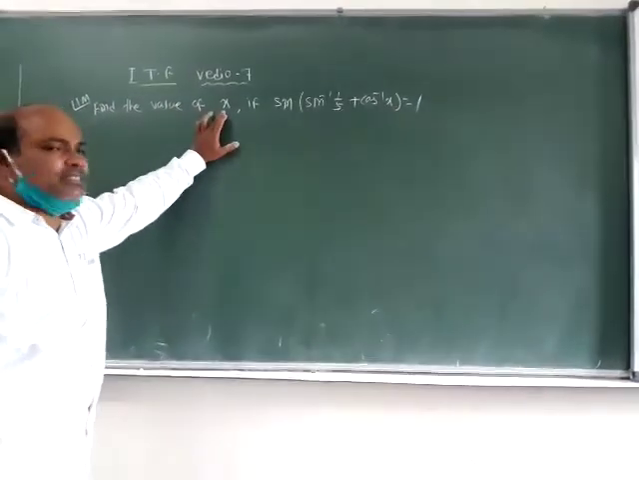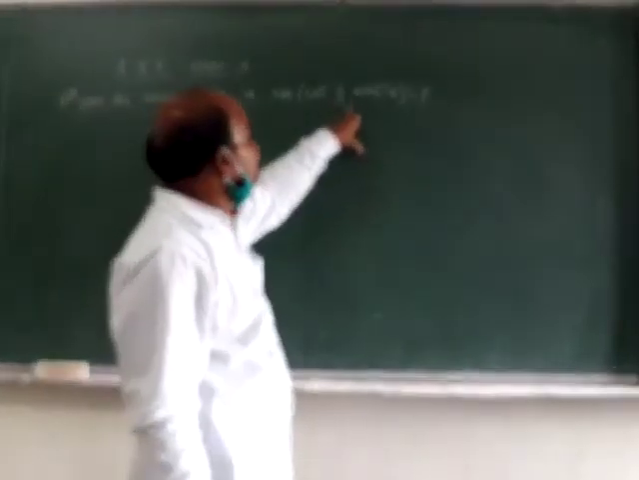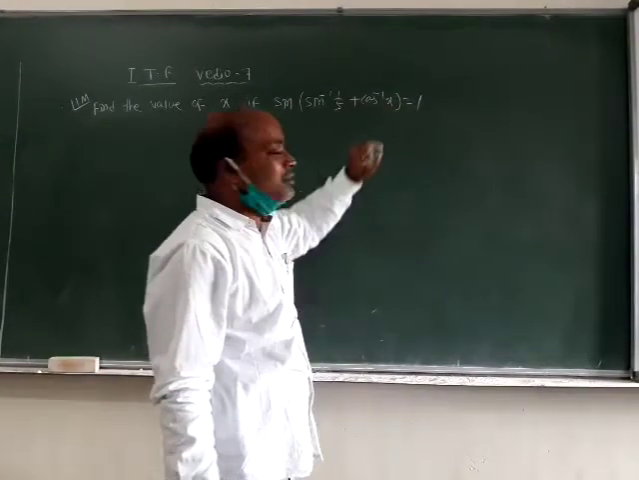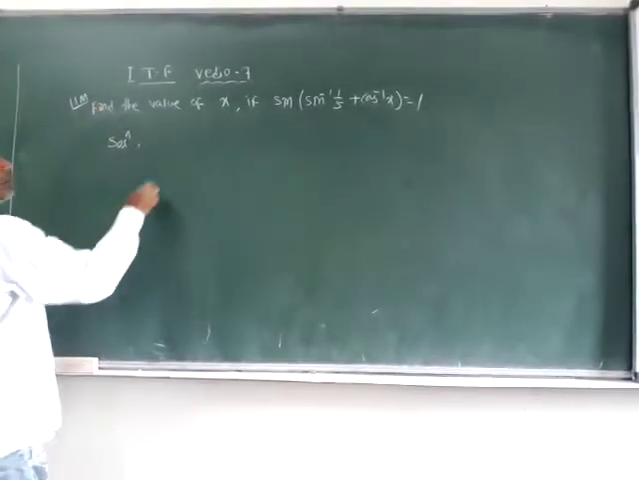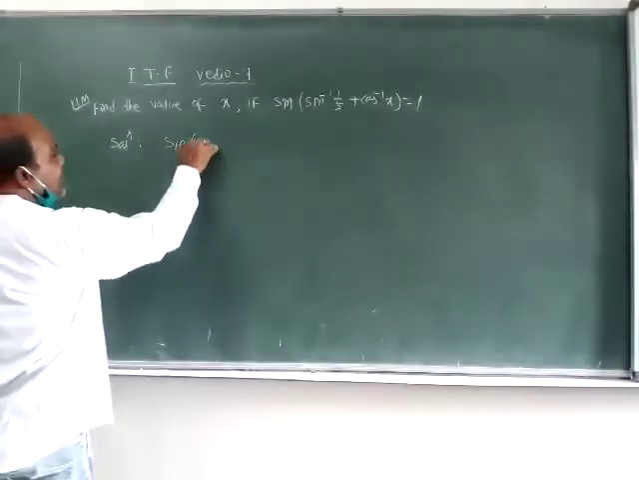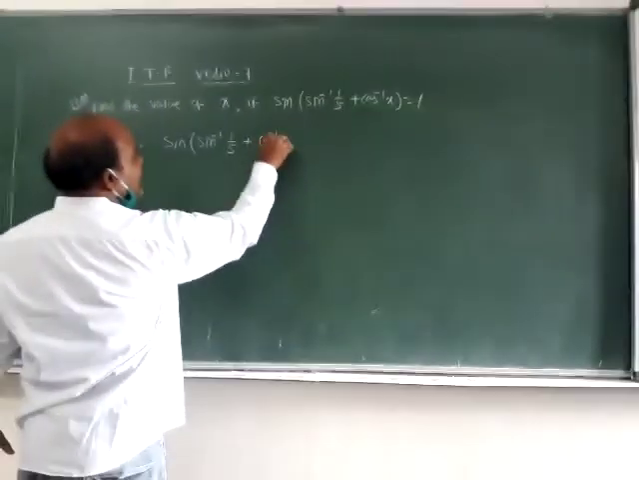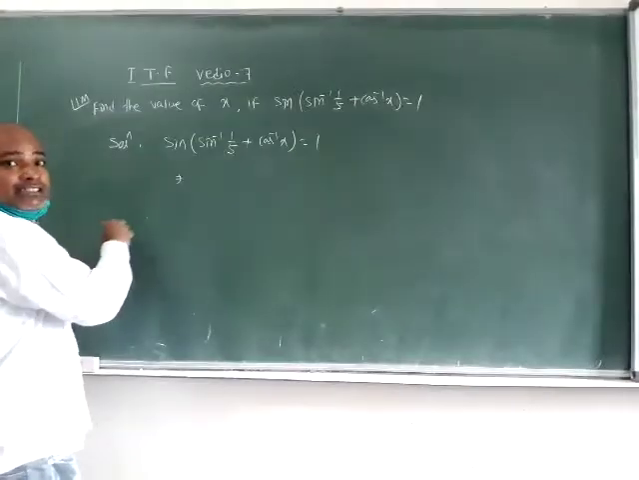Find the value of x. If sin inverse 1 by 5 plus cos inverse x is equal to 1, you want to find what is the value of x. So now you see what condition is given. The condition is sin inverse 1 by 5 plus cos inverse x is equal to 1. It can be written as